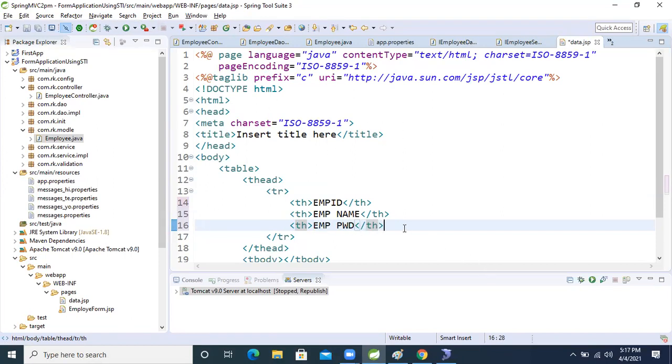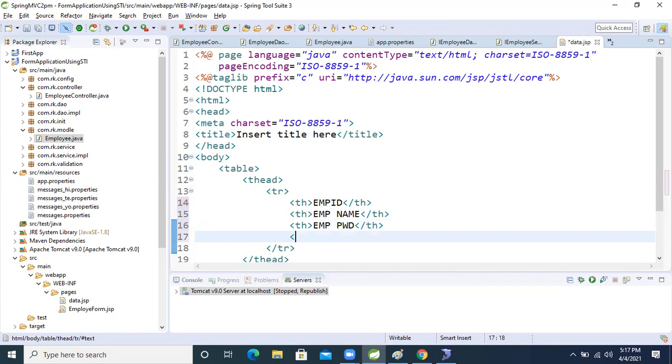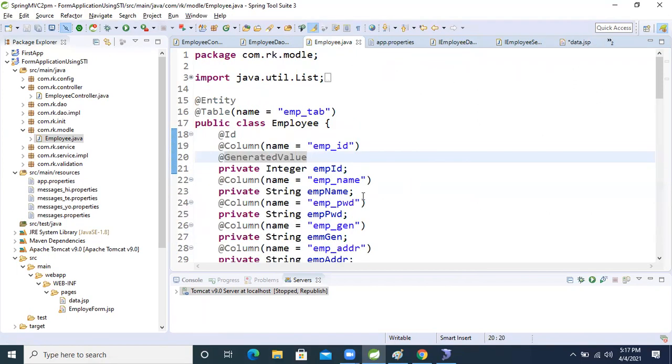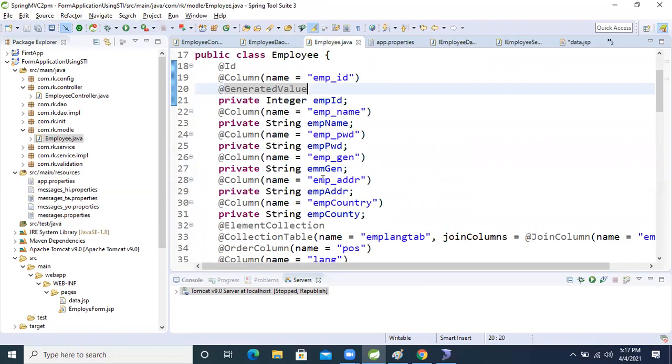Another one is th. Come to the model. In the model we have EMP ID, EMP name, EMP password, and EMP gender, right? EMP gender.